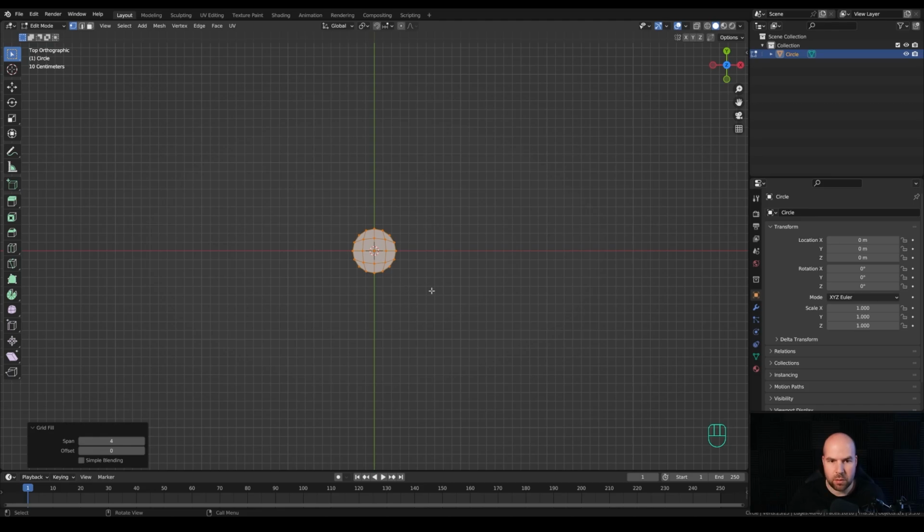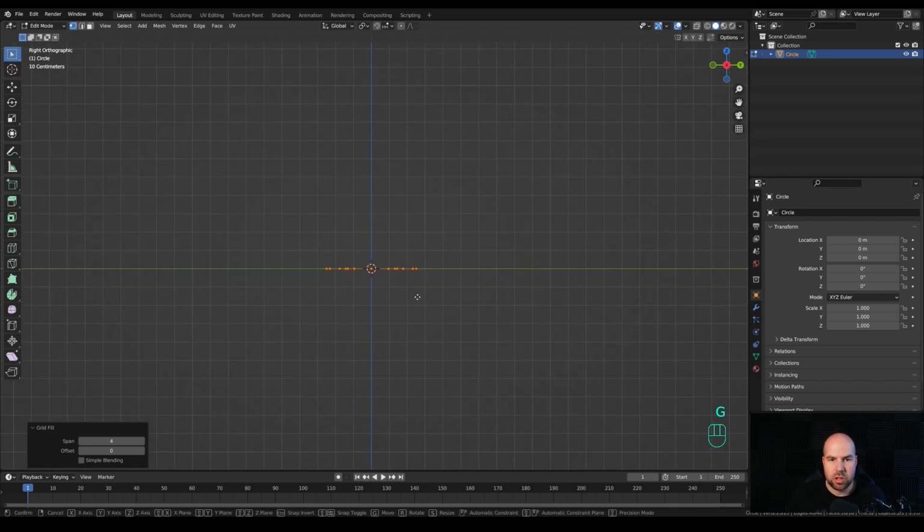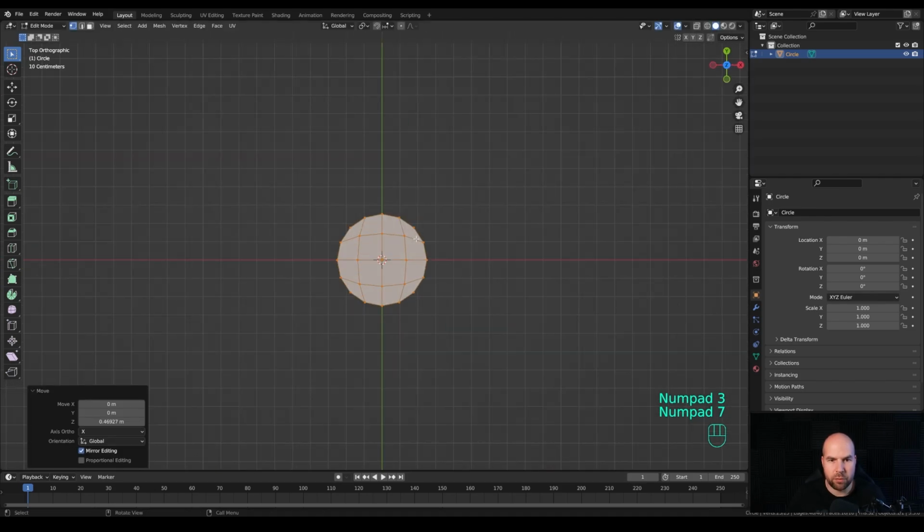And let's bring it up. So let's press 3 for a side view on a numpad, and let's press G then Z and move it up like 45 centimeters or so. That should be like a fine height for the chair. And now let's go back to the top view by pressing 7 on a numpad, and we'll modify the shape